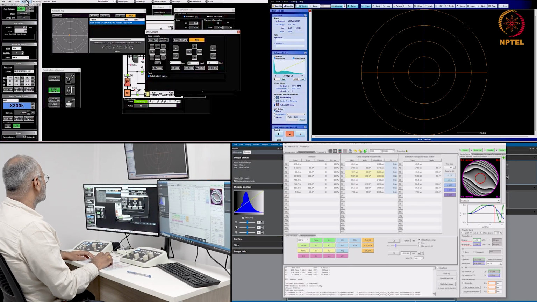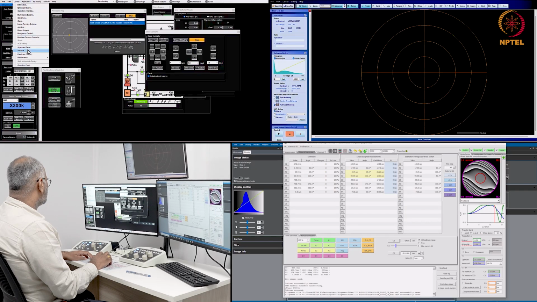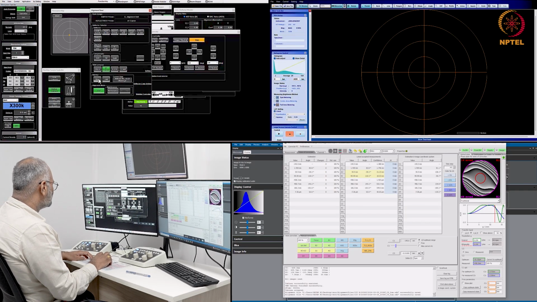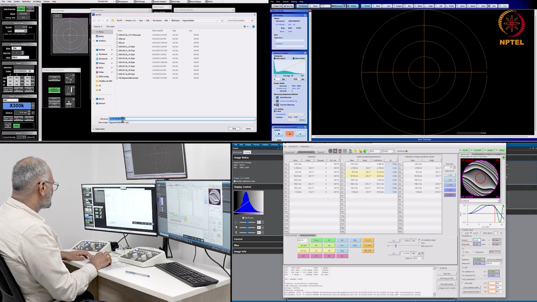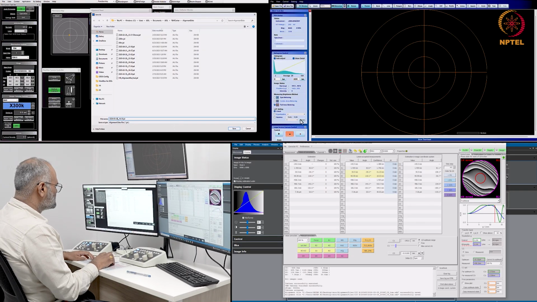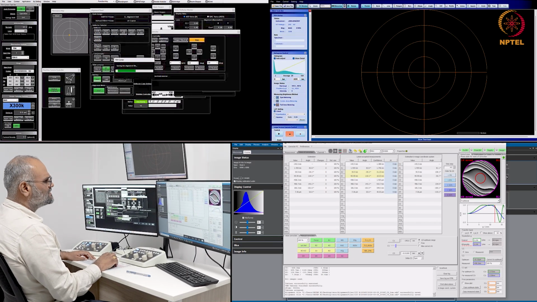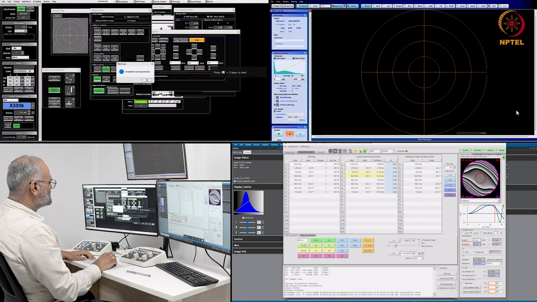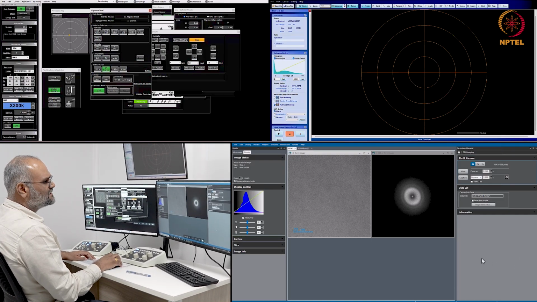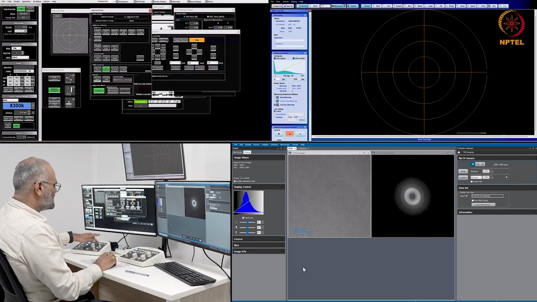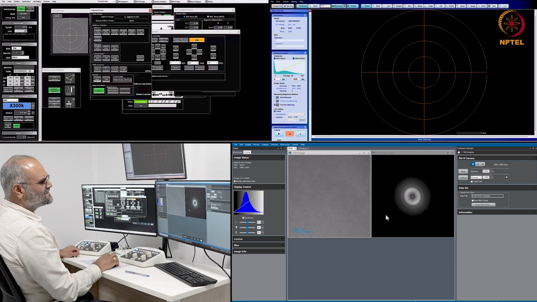And I will also go to the microscope alignment panel here, and I will save this as well with today's date. So once this is saved, I'm already in a good enough condition, and I can go to my area of